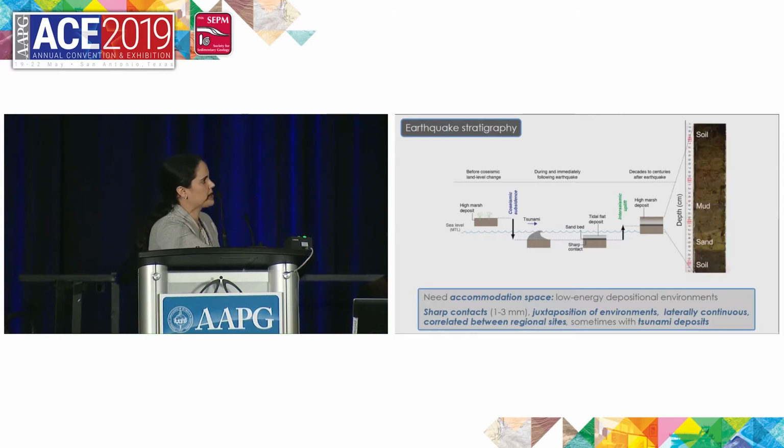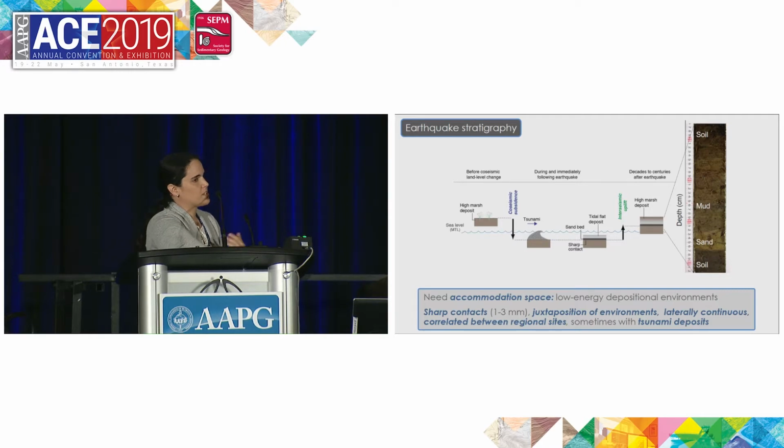And you'll see this repeated in the coastal stratigraphy. So this is a typical section that we find. We have this high marsh soil that's been suddenly subsided into the intertidal zone. If we're lucky, we get a sand bed on top, and then we have changed the environment over centuries. We get a tidal mud, and then a gradual recovery back into this soil. So changes in stratigraphy like this can be created by other mechanisms in the marsh, such as tidal channel migration,